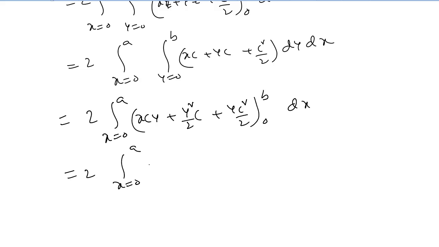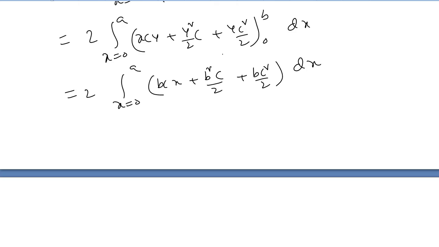So y equals c to y equals b gives bcx plus b square c by 2 plus bc square by 2 into dx. Now, with respect to x,